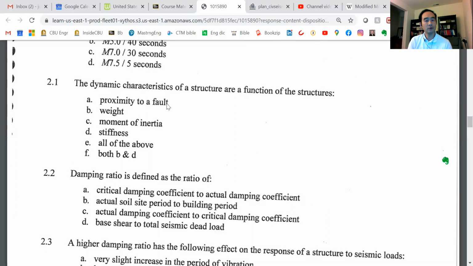Proximity to a fault? Well, it is not, because you remember the dynamic characteristics of the structure, which means when we solve the differential equation, we talk about the equation of motion, right? The equation of motion is a function of what? So the equation of motion we studied in this class, P of t, is a function of the structure's